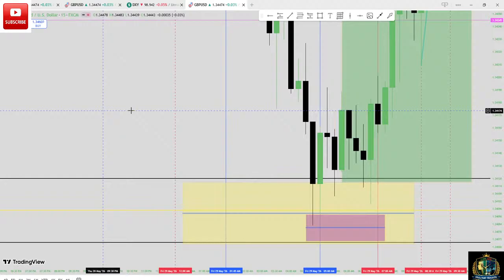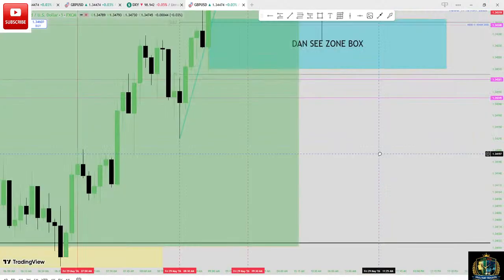How will you know that this is the main objective? You will know that this is the main objective when you see that the market gives CB imbalance. Here is CB imbalance. Let's go to 5 minutes time frame. You see the CB imbalance. What is CB imbalance? CB imbalance is an imbalance that must stay open till they reach the main objective. That is CB imbalance. I have to use that most of the time.